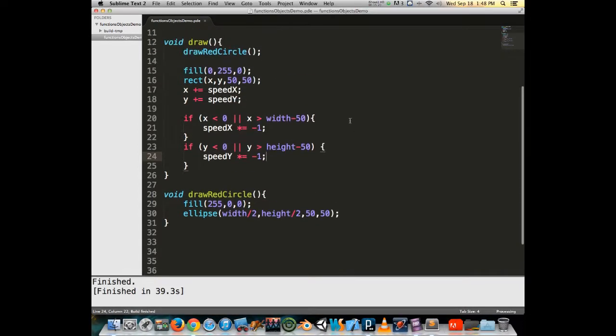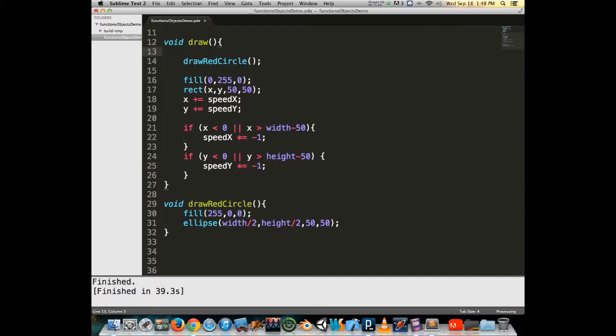All right. So we can see we're drawing the object. We're updating the position for the next go around. And then we're checking to see, do we need to change our speed because we hit a boundary? So we're checking our boundaries. So these are all very common things. Now, if I don't want that kind of background, if I want it to look like the box is just moving, then I could say